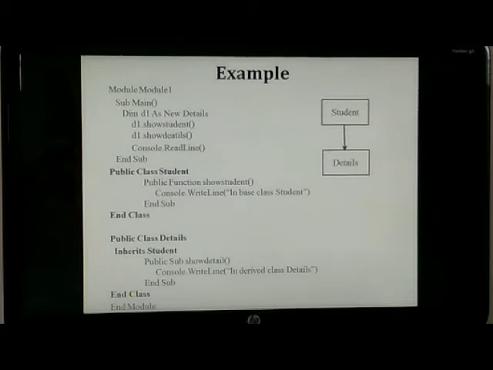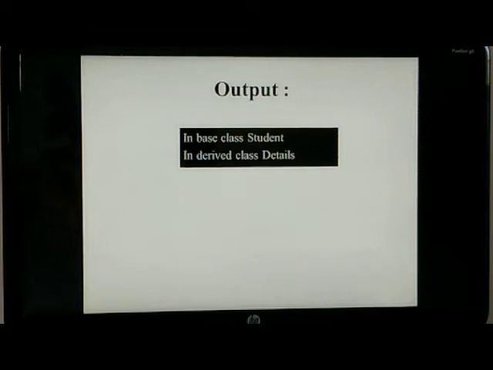Then, public class details inherits student, and after creating the object we can call the functions of that class. The output is: in base class student, in derived class details.